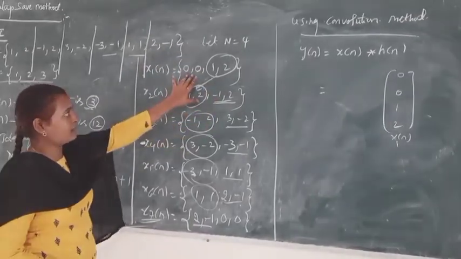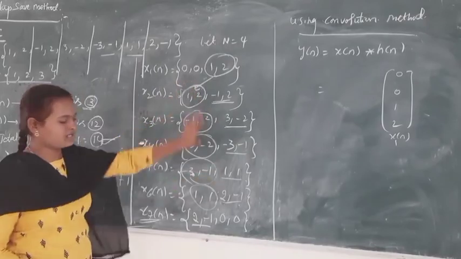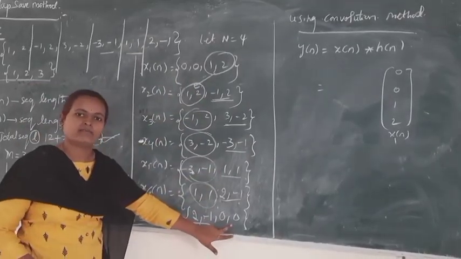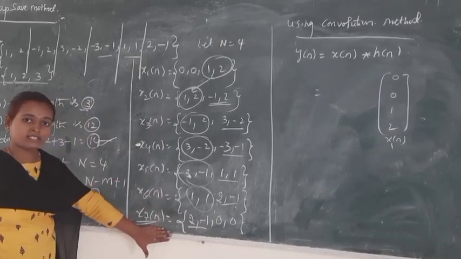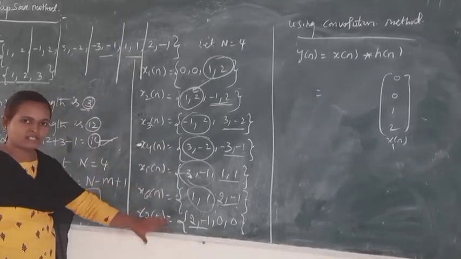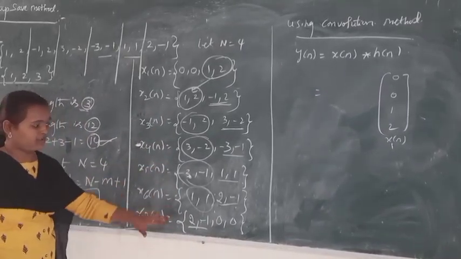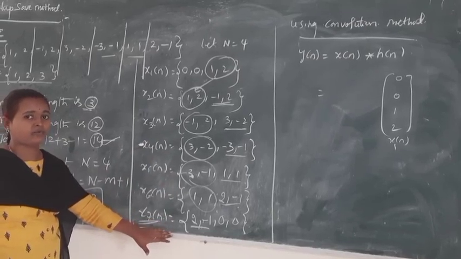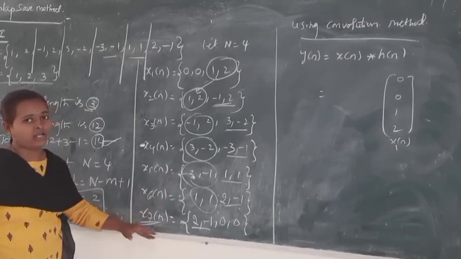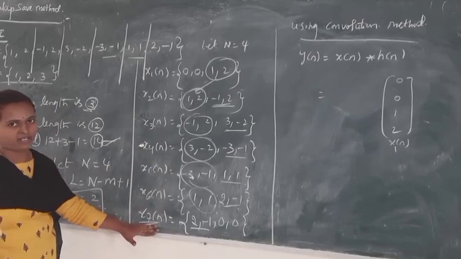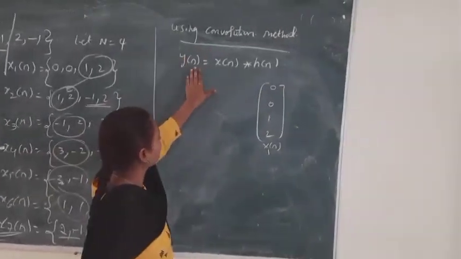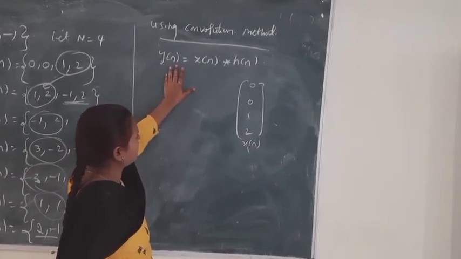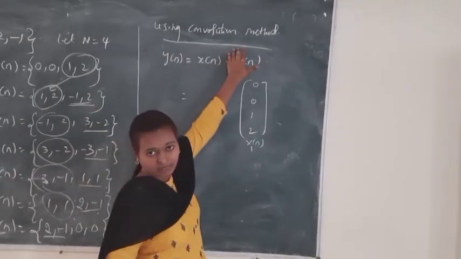Okay, starting, using how many zeros, that many zeros we have to write at the ending of the sequence. Here we have to write 2 zeros. Okay, this is the input sequence. How do we find it out? This is the method for overlap save. Next, we have to find the output sequence y of n representation.